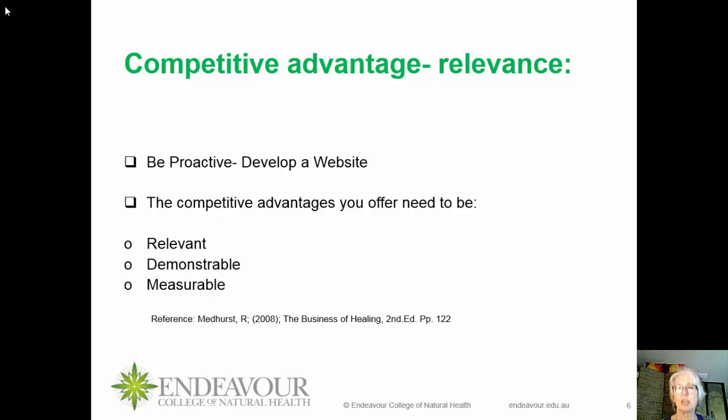Can't do that. If you say you're going to be open on Monday, be open on Monday. Demonstrate your goodwill and your faith in delivering the goods of what you advertise, and make sure it's measurable too, so that it actually is quantifiable, actually means something to the client.